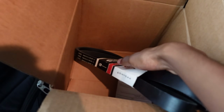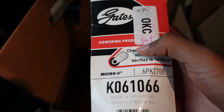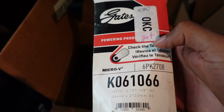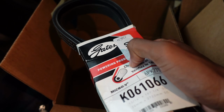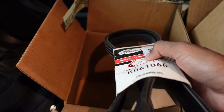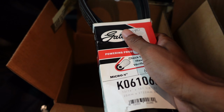All right, so you guys can see here, we have a new Supercharger belt. This is the same belt that was on the car previously with the 2.7 pulley. I looked for a green belt, but they don't make it in the correct size, and this belt for the most part did its job. I did not notice any slip until literally it was on its way out,